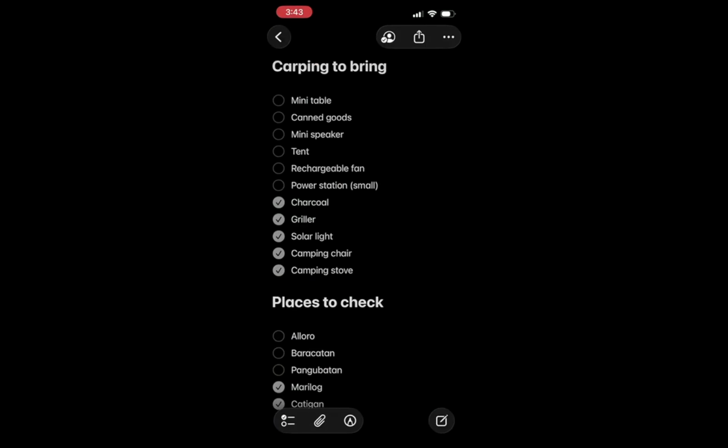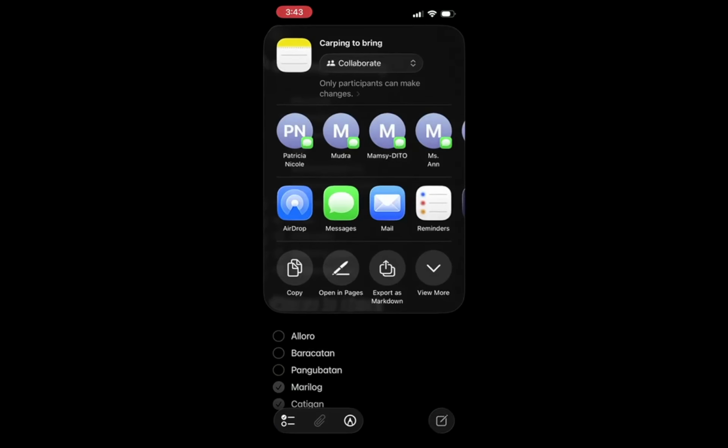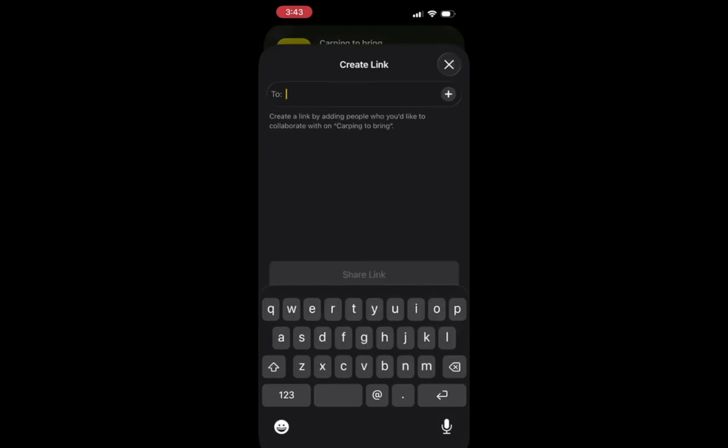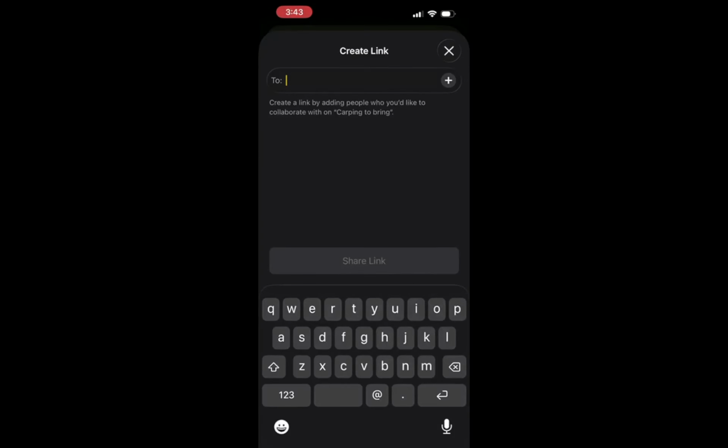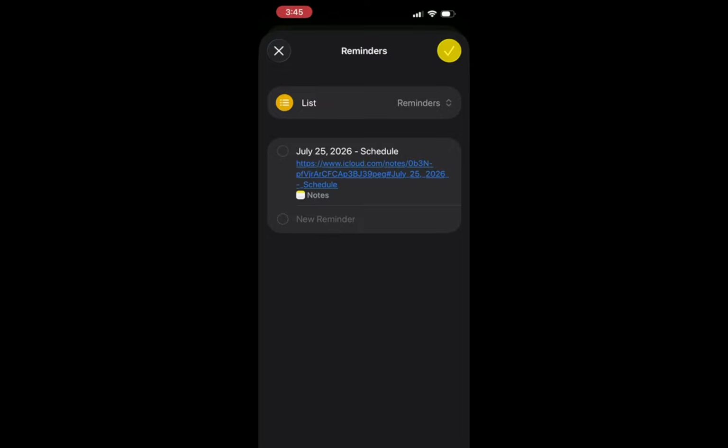Once you've entered all the necessary information, tap Add to create the reminder with a link back to your note. This finalizes the process, linking your reminder directly to the content you created in the Notes app. You will see a confirmation appear, ensuring that your reminder has been successfully set up. This link allows you to return to your note with just a tap, making it easier to reference information.